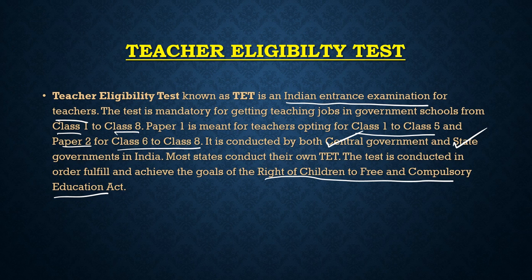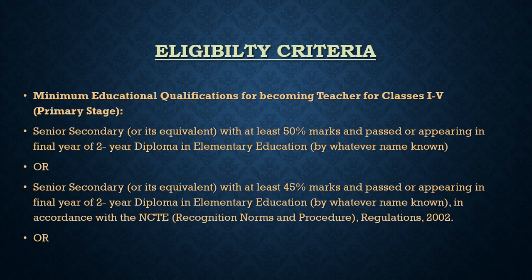Okay, let's go on to the eligibility criteria. So what is the minimum educational qualification for becoming a teacher for class 1 to 5? As I said before, there are two papers, so this is for paper 1. Those of you preparing for paper 1 may note this down. The minimum educational qualification for becoming a teacher for class 1 to 5 is senior secondary or its equivalent, that is, you must have passed class 12th